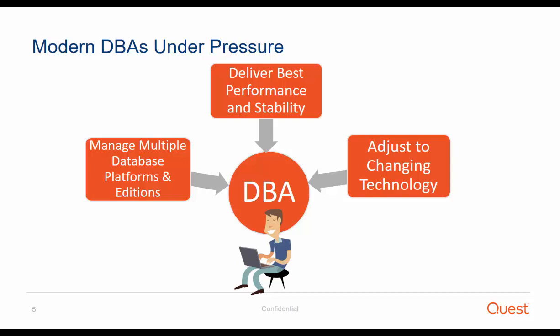They need to adjust to changing technology. It's no longer only commercial relational databases, it's also open source relational databases. In addition, there are new database technologies, new trends such as the non-relational databases, aka the NoSQL solutions. The cloud trend is also very popular, so DBAs are required to support databases from different locations, both on-premise and in the cloud, and they need to deliver top performance and stability to their entire environment, which could be very challenging nowadays with the new technologies.